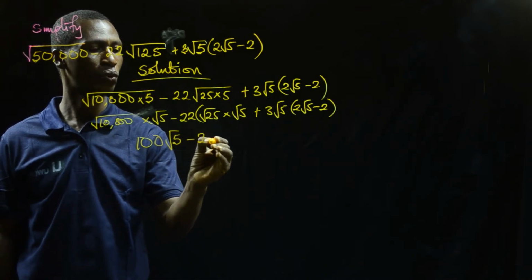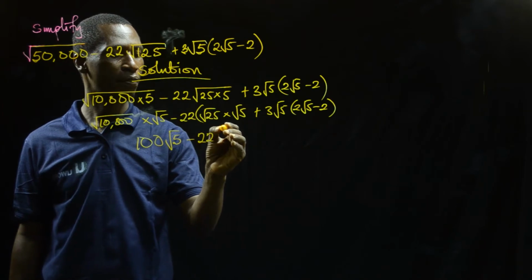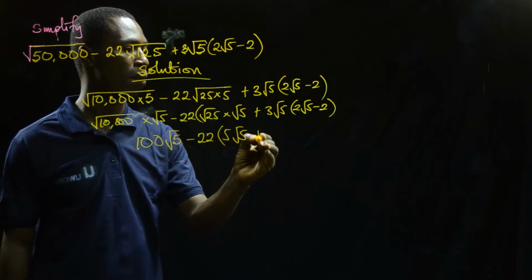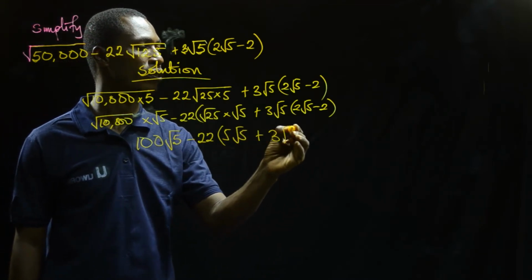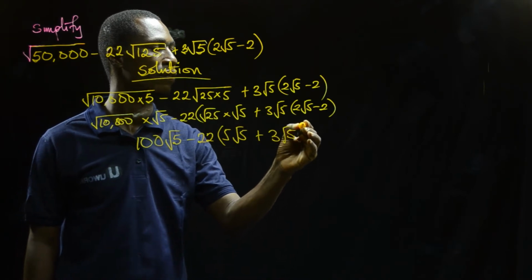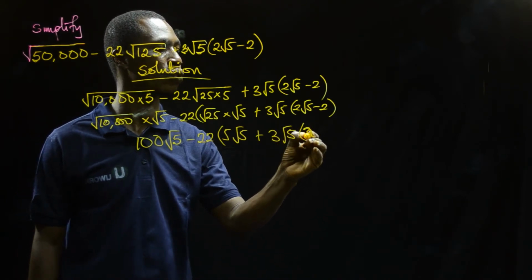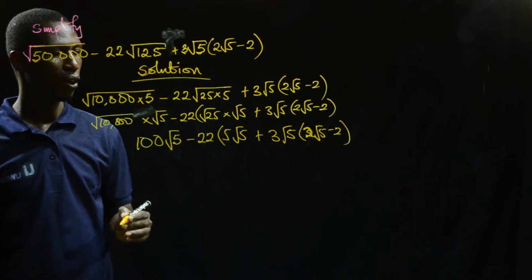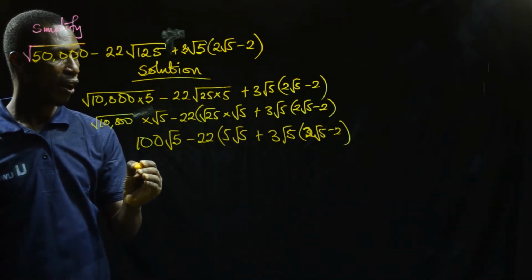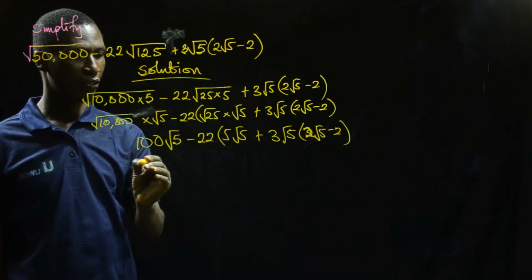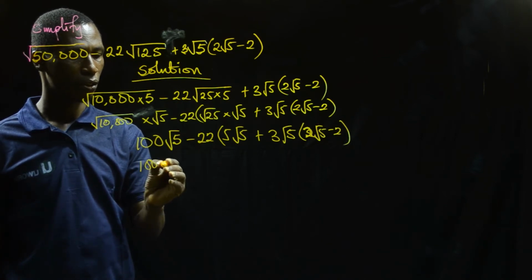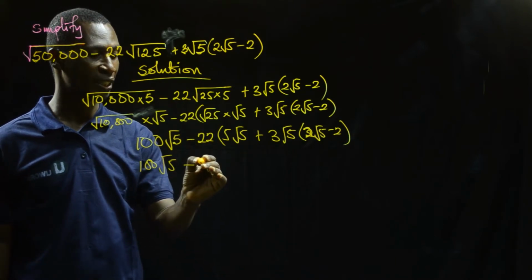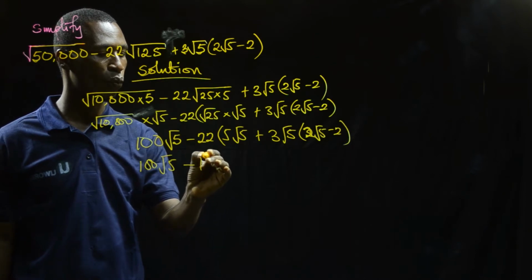minus 22, then root of 25 is 5, so root 5 times 5, plus 3 root 5 into bracket 2 root 5 minus 2. Okay, good. So I now open that section. I have 100 root 5 minus, now 22 times 5 is going to give me 110. So 110 root 5